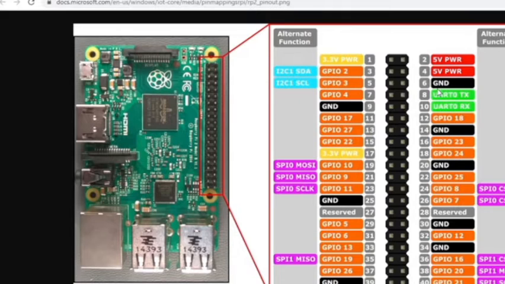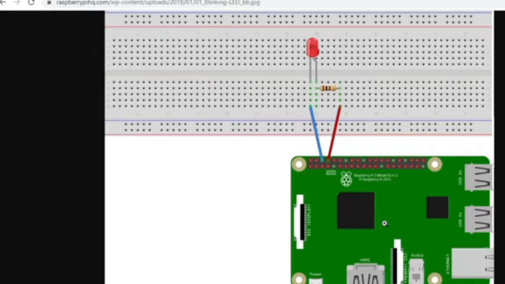Whenever you write 0 on the GPIO, at both ends, cathode as well as anode, we have 0 volt, so the LED will turn off. So this is what we will practically perform. This will be the circuit. Here you can see one resistor is there. The LED is connected with pin number 8 and its cathode part is connected with pin number 6. Pin number 6 is actually ground.